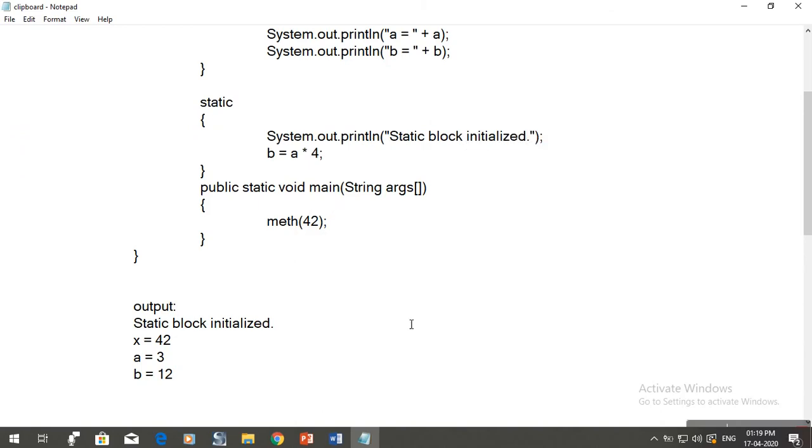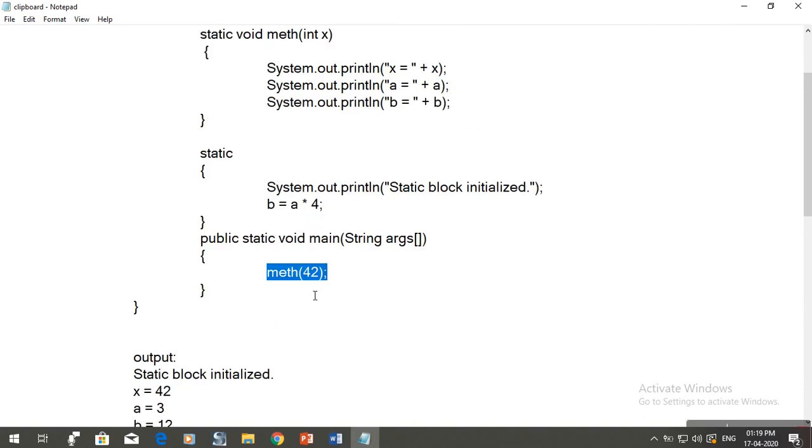Now after that, x equals 42. Why 42? Because once this static block is executed, it starts with the main method. Within the main method we are calling this math method and passing 42. So x is 42 here, and it prints 42.